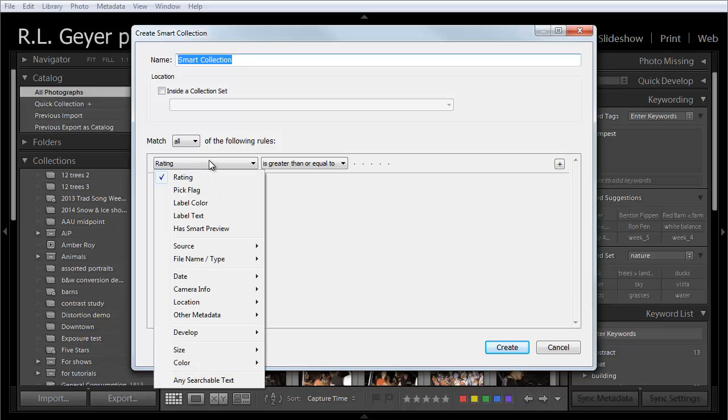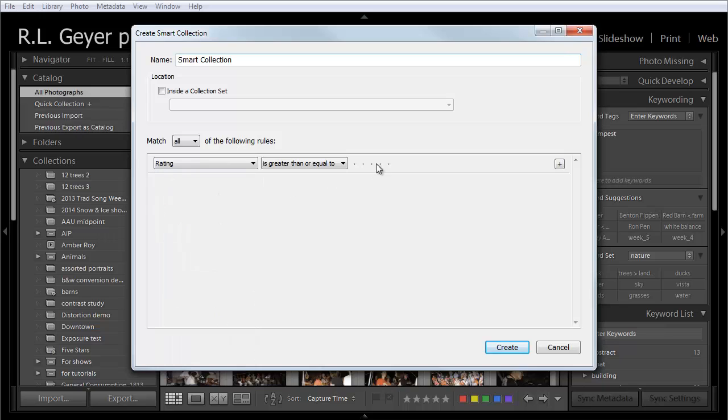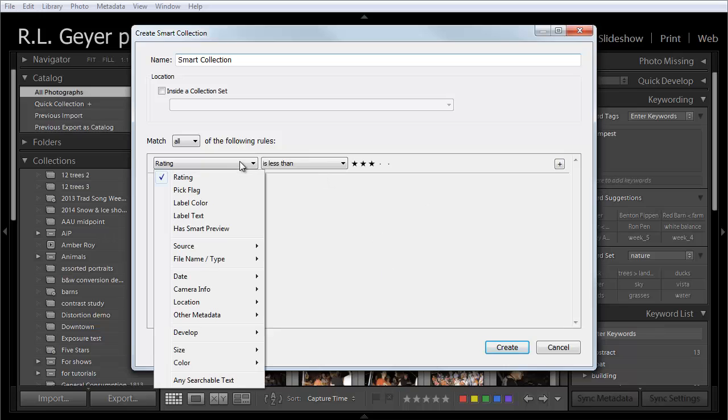And you can change it to many different things. You could, for example, make it where the rating is equal to, we can change it from greater than or equal to, we can make it is 5 stars, 4 stars, whatever. We can make it so that it is less than 3 stars. We can do any of those sorts of things, but there are lots of other things that you can do